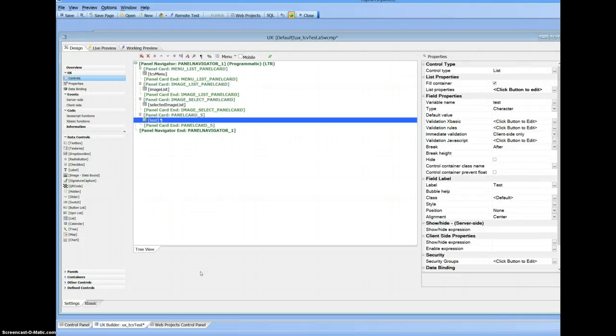Hey Selwyn, I'm hoping you can help me understand something that's going on with the list control that I have. What I'm finding is that the list controls are firing even though I've asked them not to, but only under certain conditions. So here I've got this test list,